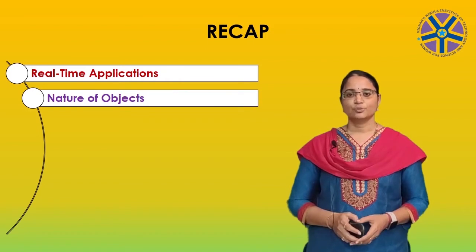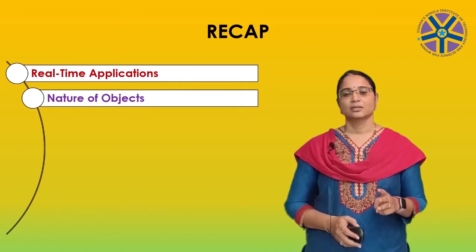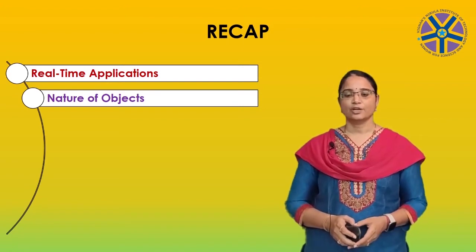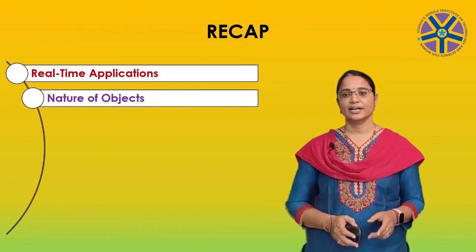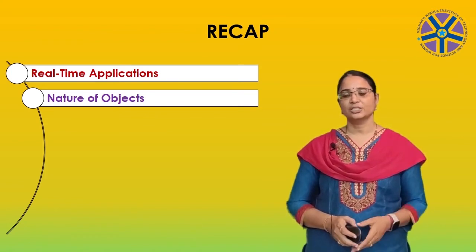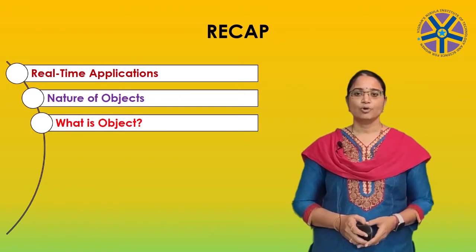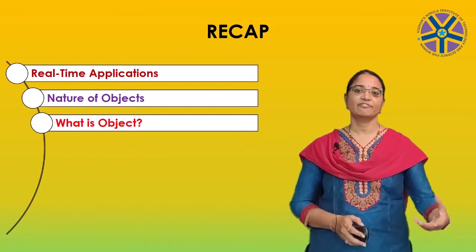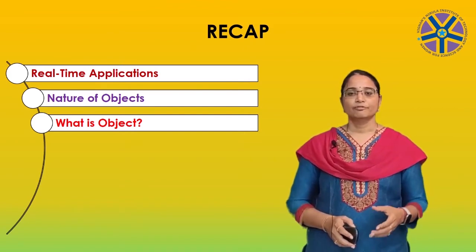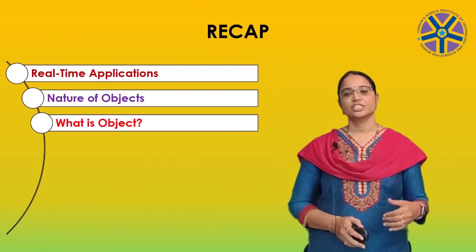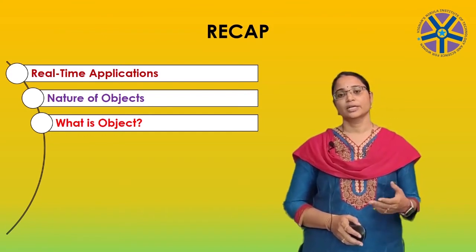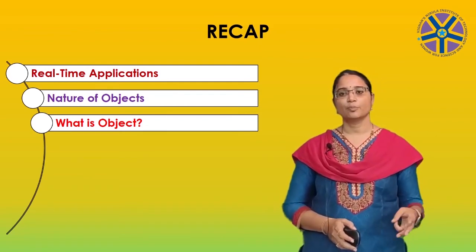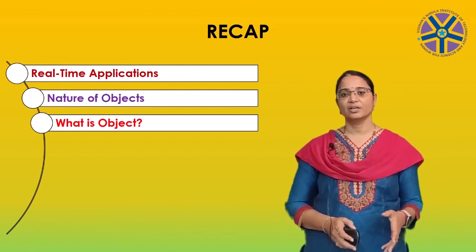We have seen the nature of the object. The nature of the object is that it should be of three types. First one is a tangible or visible thing. Second, it should be apprehended intellectually, and next, it should be thought or action directed. Next, coming to what is an object. In this we have seen that an object is a tangible entity that exhibits some well-defined behavior. So, which is physically visible is an object, and which is not physically visible is not. It means time, beauty, air, colors are not objects. And we have seen the three properties of the object: state, behavior, identity.